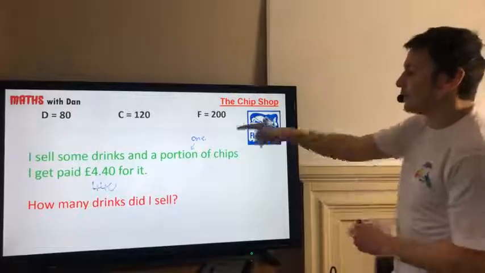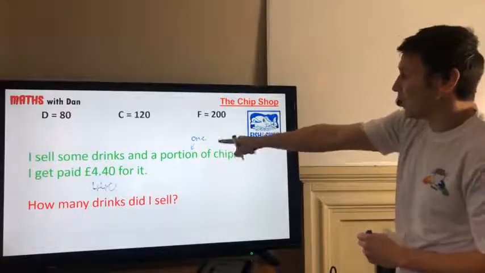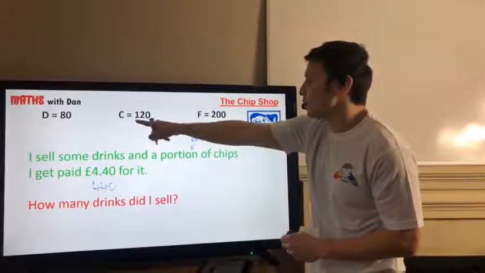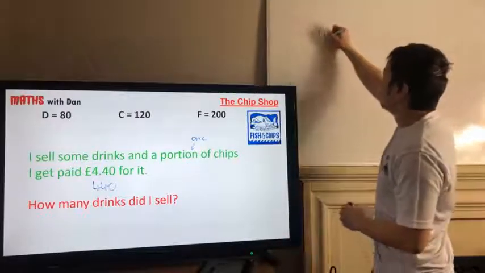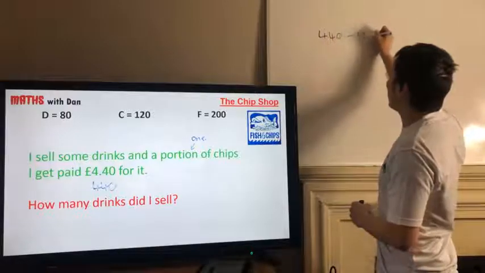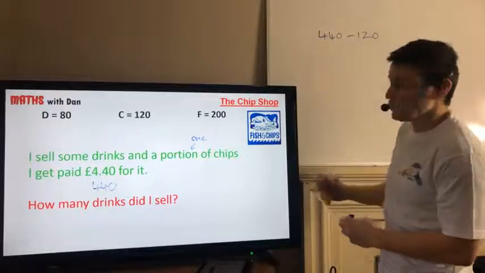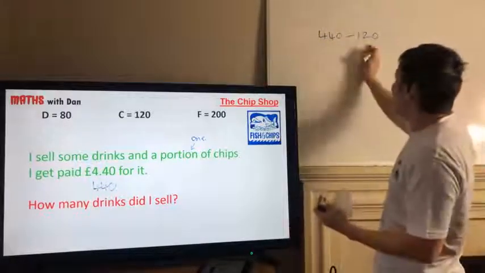Okay, so you are going to take away the 200 from it because we know we bought a portion of chips, so you're going to take away the 120. So you've probably done this. 440 take away 120 to start with, because we're going to knock off the chips. That leaves us with